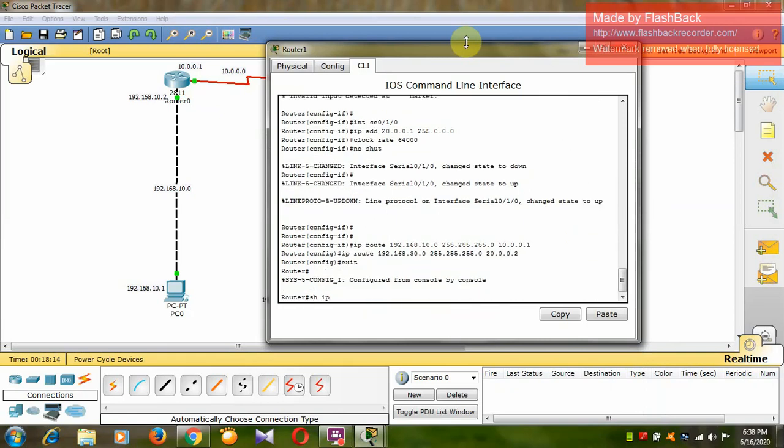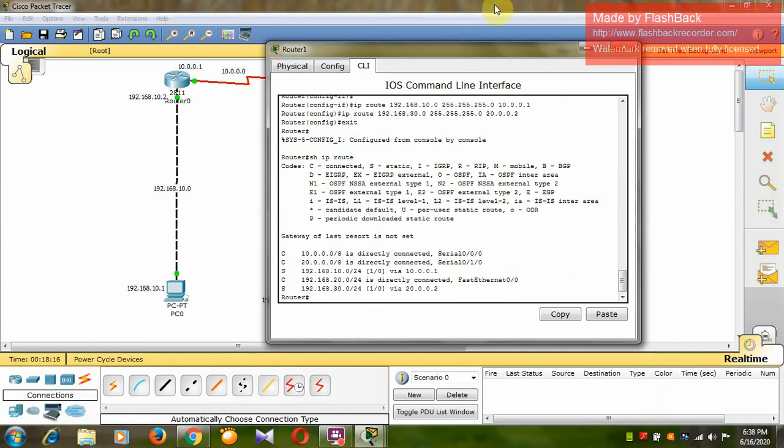Again you can check it, IP route. So here it is having 3 directly connected networks, 10.0, 20.0, as well as 192.168.20.0, and all the other networks are statically connected, that is 192.168.10.0 and 192.168.30.0 are connected through the static routing.